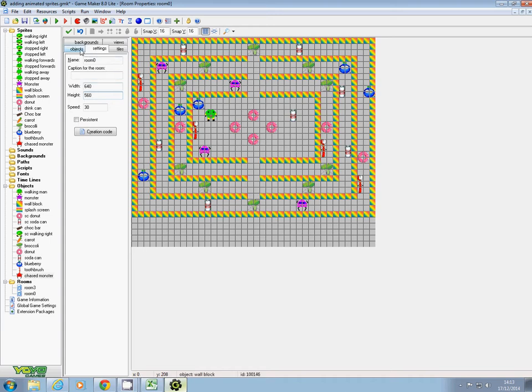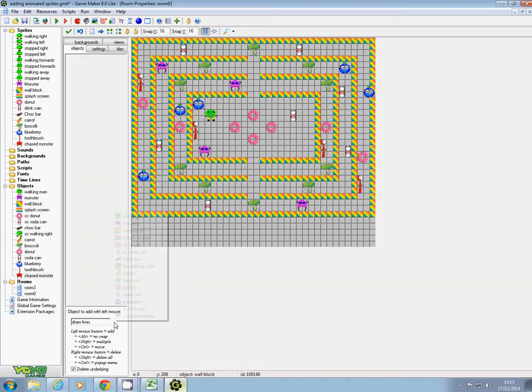I'm going to go back to Objects, and I'm going to draw a little wall around the outside of that. So I need my wall block. I hold down my Shift key and keep my hand reasonably steady. I can draw that along there and up there, and get rid of those guys. So I've now got a space in which to write them in, and I want the lives to be over